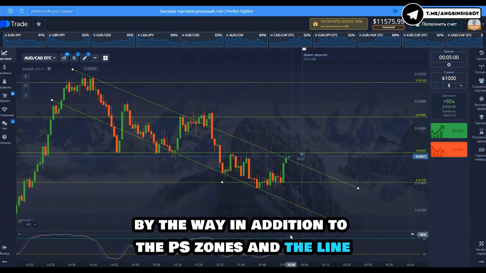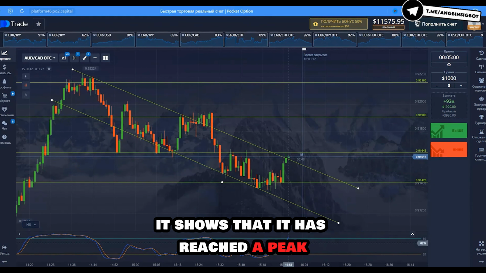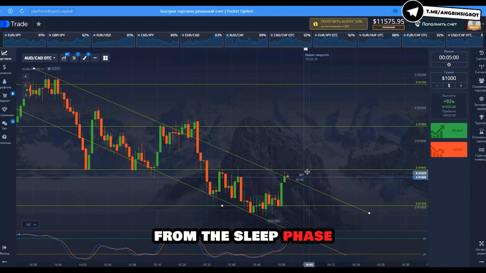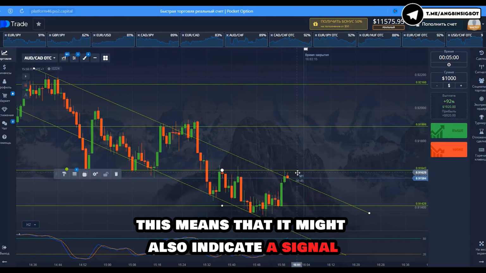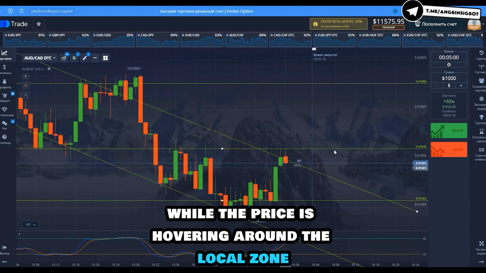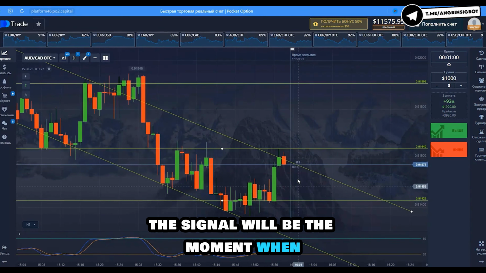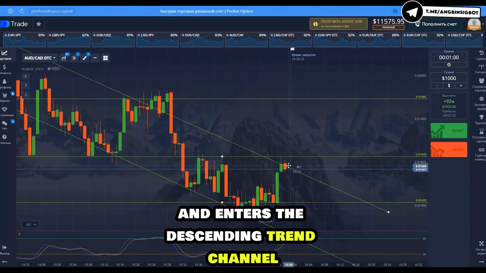By the way, in addition to the PS zones and the line, I have the stochastic indicator connected. It shows that it has reached a peak from the sleep phase. This means that it might also indicate a signal for a decline. For now, while the price is hovering around the local zone, there is no need to rush. For me, the signal will be the moment when the price starts to go down and enters the descending trend